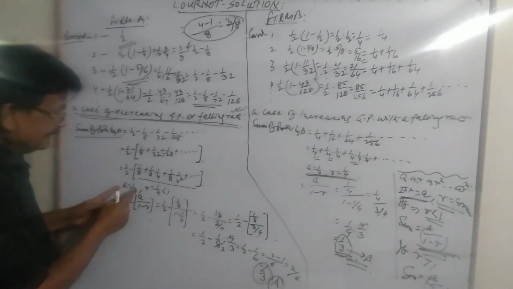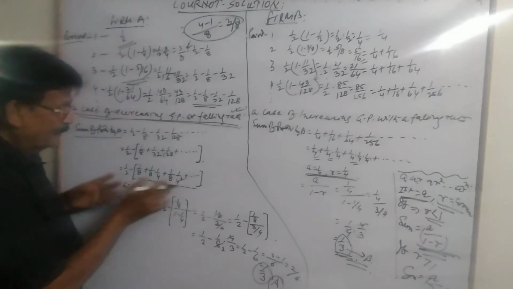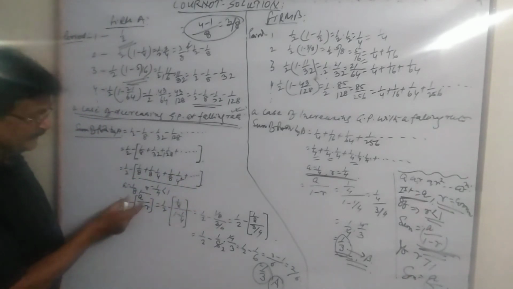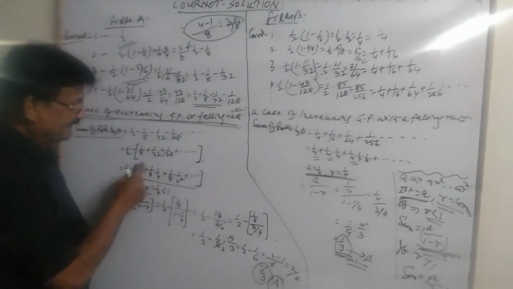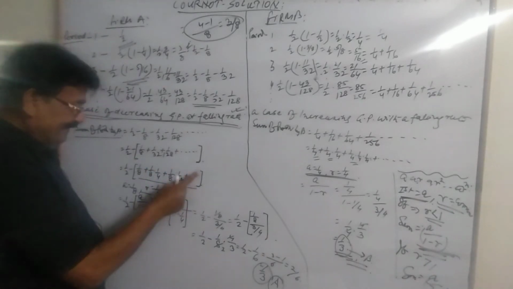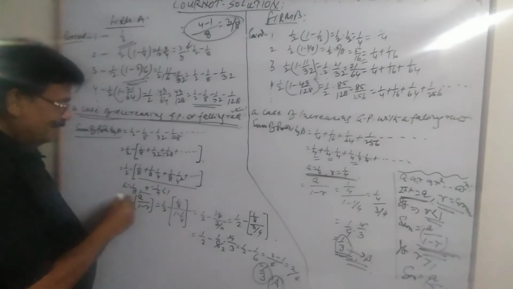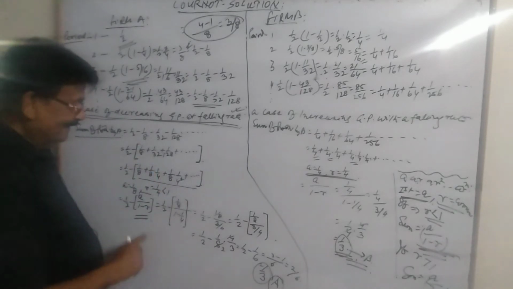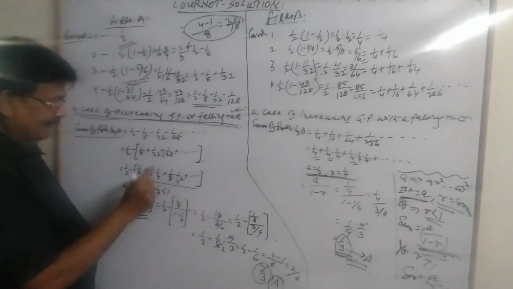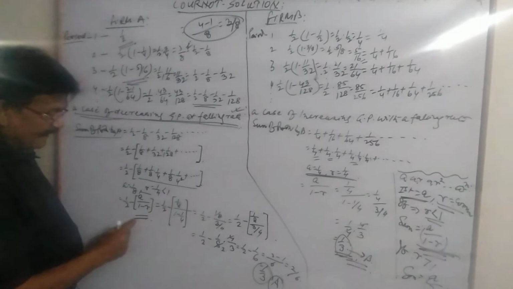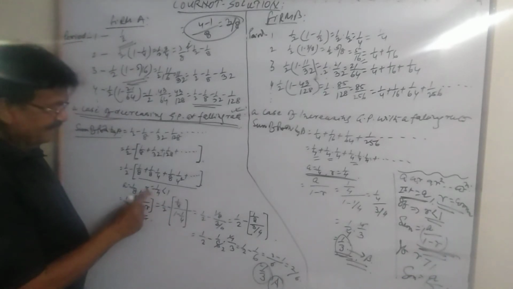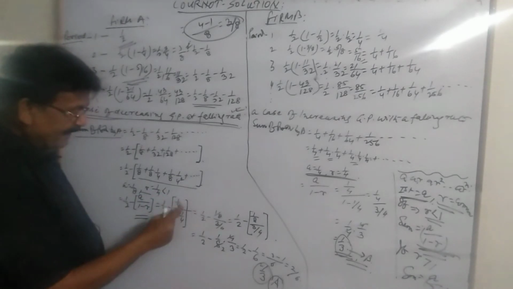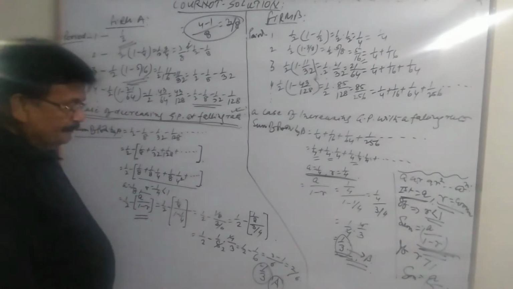So with these explanations about the GP, now let us see what is happening. 1 by 2 minus the summation of terms inside this bracket would be A divided by 1 minus R. Right, now I have explained the summation would be of these terms. So A, now this is half minus, A is 1 by 8 and R is 1 by 4. So A divided by 1 minus R.